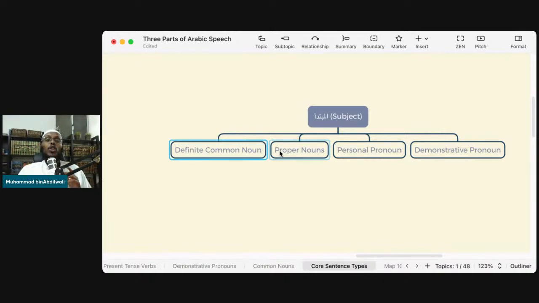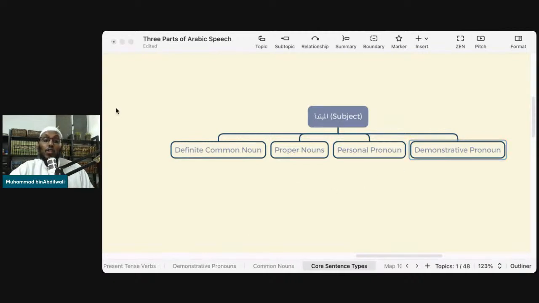Now, you can start a sentence with any proper noun. Any proper noun, doesn't matter. Khalid, Muhammad, Mecca, Medina. Anything. But if you want to use a common noun, this is now where things get interesting. If you want to use a common noun, then that common noun has to be definite. That common noun has to be what? Definite. Now, when I say to you a definite common noun, and then I say to you a proper noun, personal pronoun, demonstrative pronoun, what can you extract from that?